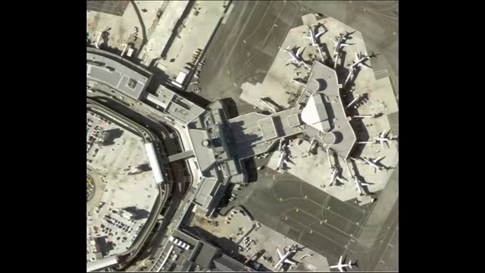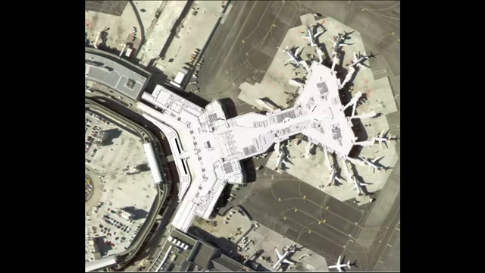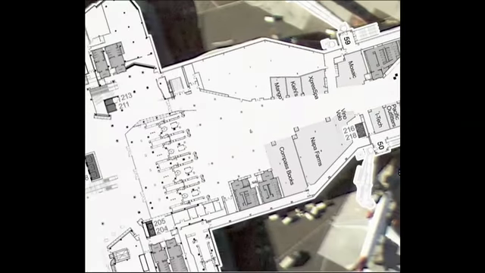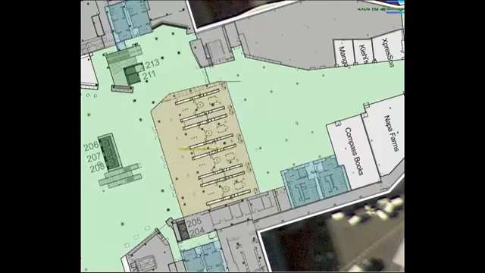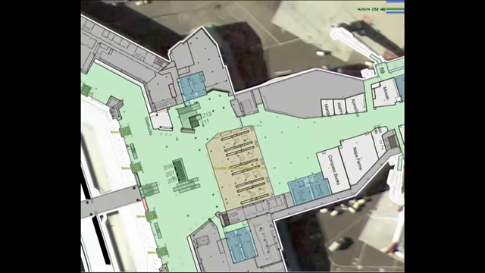Luckily, we have a few tricks up our sleeve as well. By partnering with building owners, we can acquire digital floor plan data. We can align this in Atlas to match with the building's footprint so that ground truth operators can begin the process of mapping and modeling things like security checkpoints, elevators, escalators, restrooms, changing stations, etc.